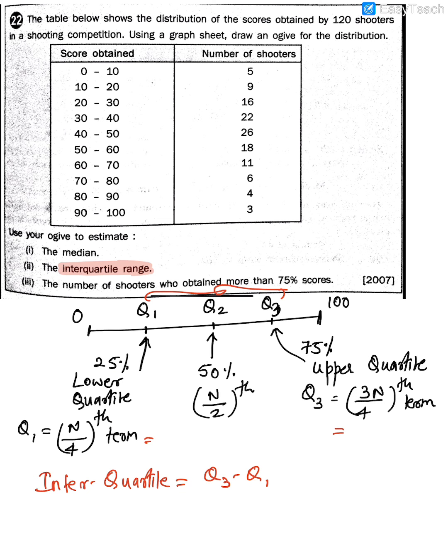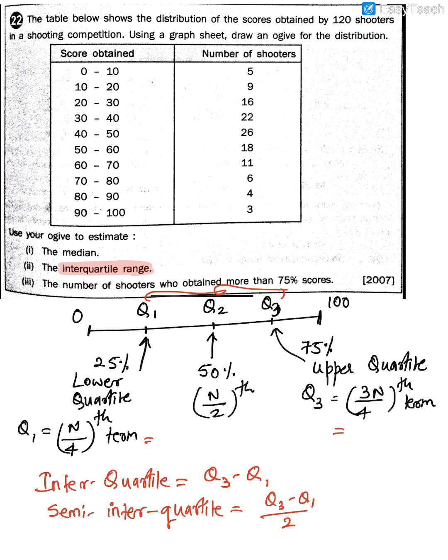And then the last thing, which is called the semi-interquartile range. What do you mean by semi-interquartile? Semi means half. So if you do Q3 minus Q1 upon 2, then it is called the semi-interquartile. Subtract them and then divide by 2. Clear? Guys, so you need to learn these formulas: lower quartile, upper quartile, interquartile and semi-interquartile. Rest all is the same. I mean, the plotting, the points and the method and ogive, everything else is the same.